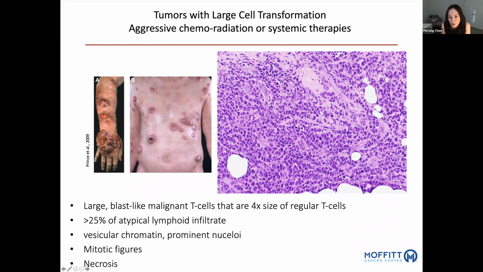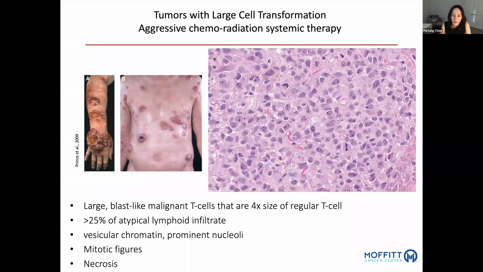So for example, here, this could be a small T cell. At least 4 times the size of a regular T cell. And we want to see these large blast-like cells, large cells comprising greater than 25% of the atypical lymphoid infiltrate. These large cells at higher power, you can see they often have the more pale, fine vesicular chromatin in the